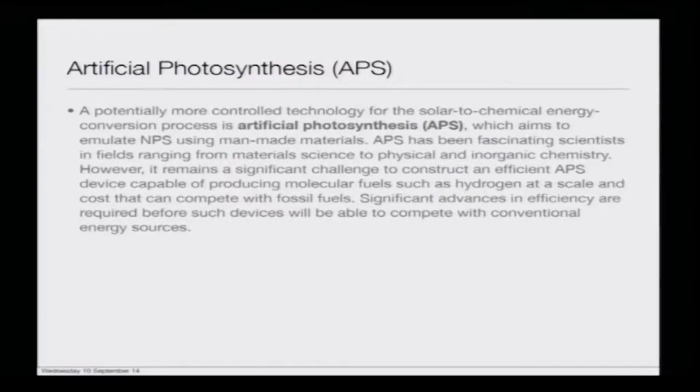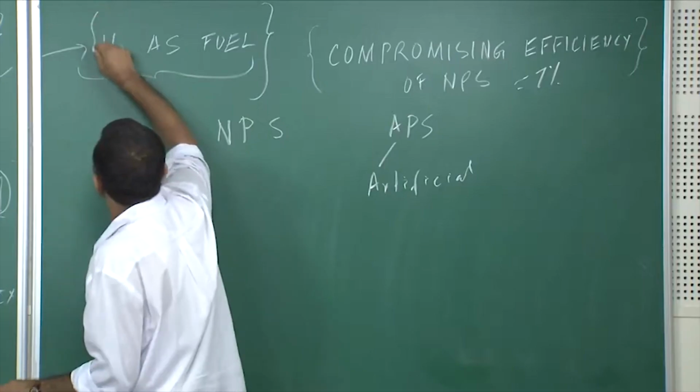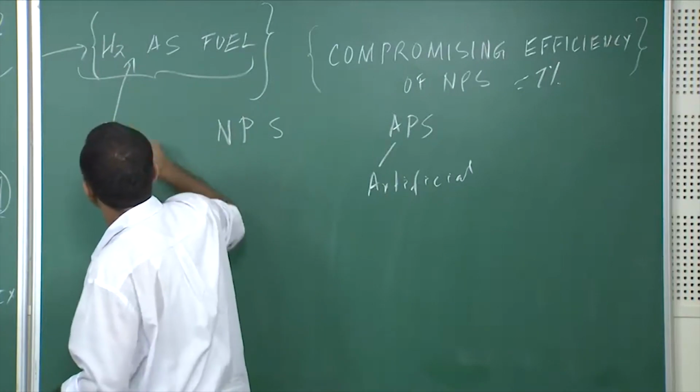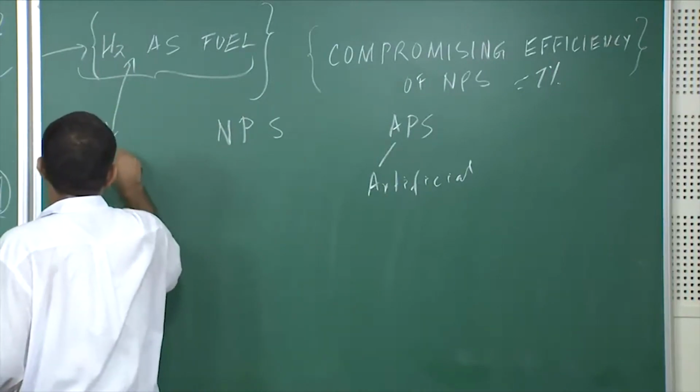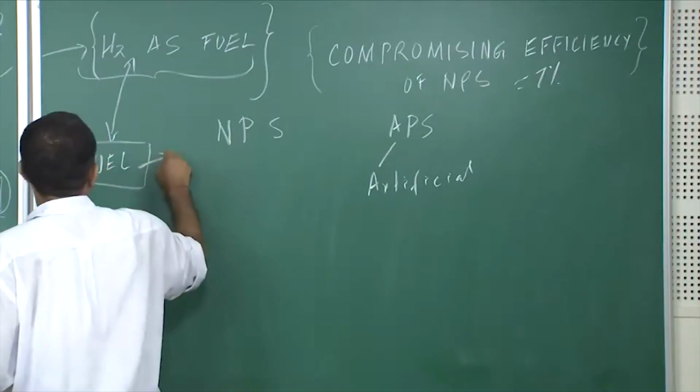APS has fascinated scientists in fields ranging from material science to physical to inorganic chemistry. However, it remains a significant challenge to construct an efficient APS device capable of producing molecular fuels such as hydrogen at a scale and cost that can compete with fossil fuels. Significant advances in efficiency are required before such devices will be able to compete with conventional energy sources. So, this is what is competing with the other fuels,